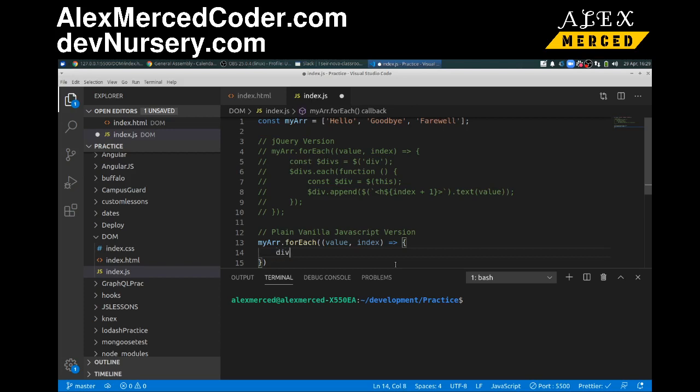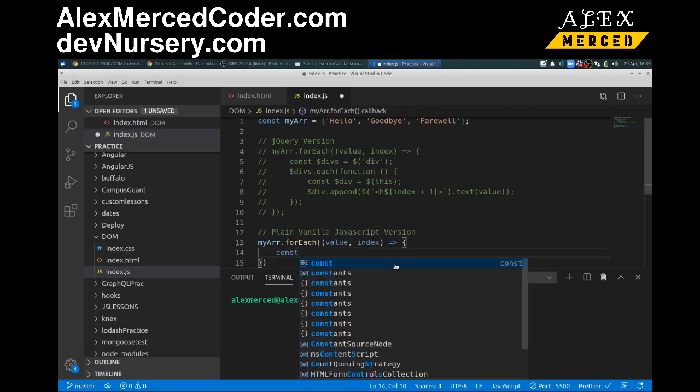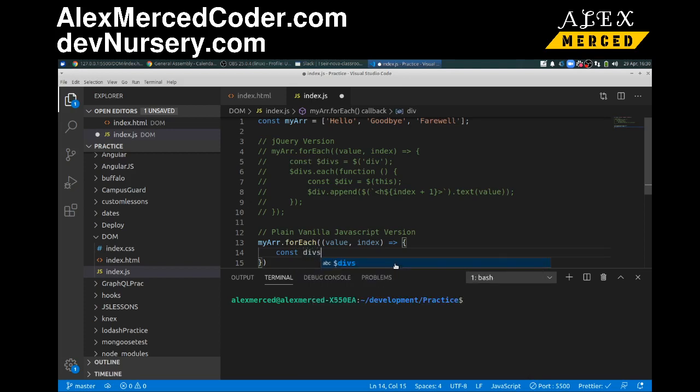So I'll just have a variable called divs. I'm not going to call it $divs, because the $ sign is just a convention when you're working with jQuery objects, so that you know which of your variables are jQuery objects, because you made those variables have a $ sign in front of them. It just helps you think through it. But since I'm not working with jQuery anymore, it's just going to be const divs. And that's going to equal